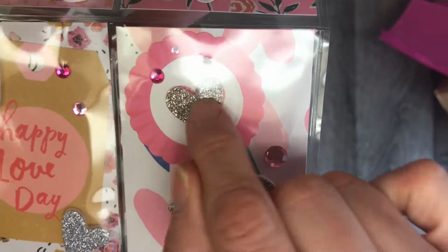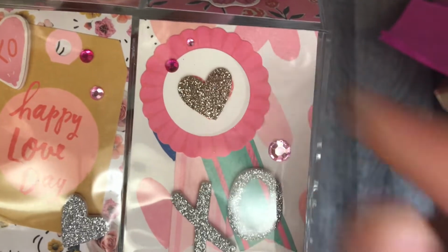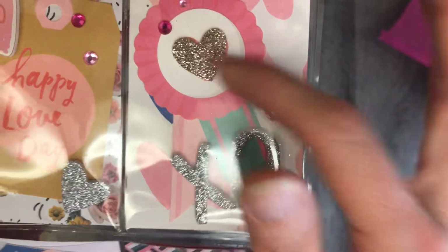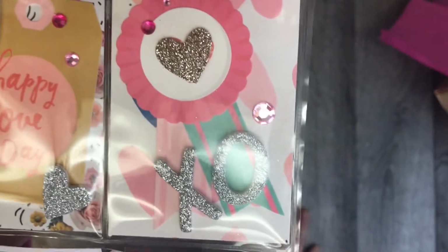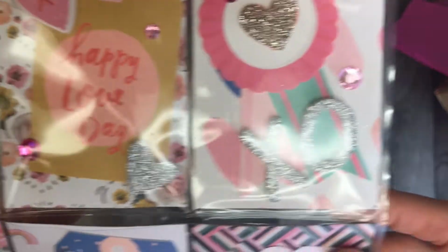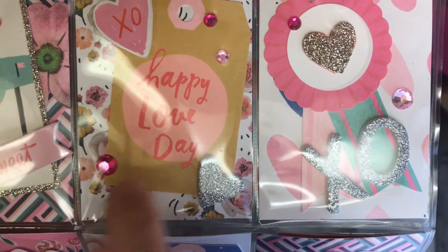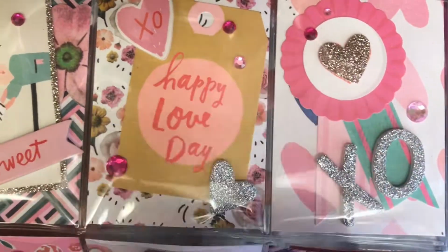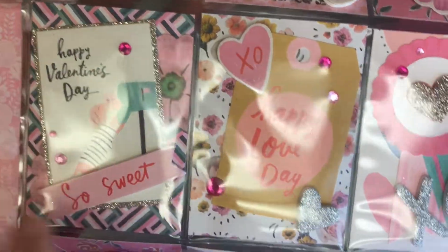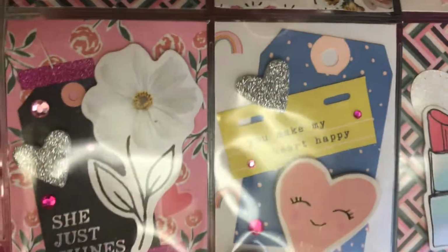La La Love had silver, but it looked a little off from silver. It's almost like a rose gold sort of silver, and she's popped that up on a puffy sticker. Not even a puffy sticker, like a 3-dimensional foam sticker. She's got these gorgeous little XOs in here, and here she's combined the La La Love with the All Heart collection, and you can see with Crate Paper how well their colors match together. This is another one from the All Heart on top of this fun paper. It's gorgeous how she's used this little bit of washi tape on each of the